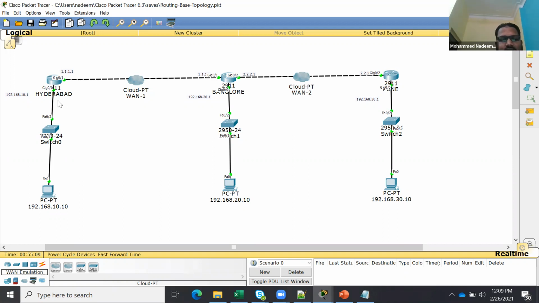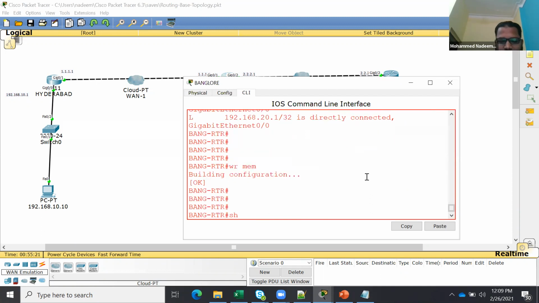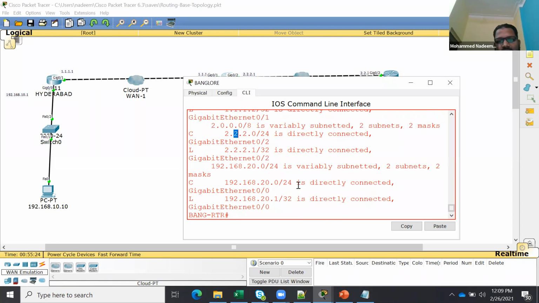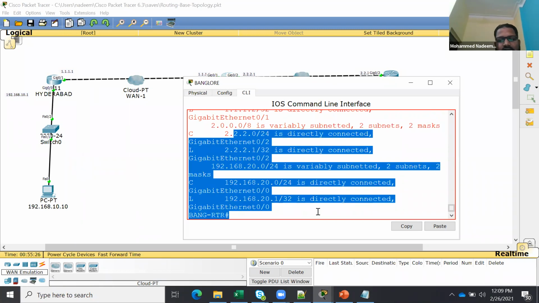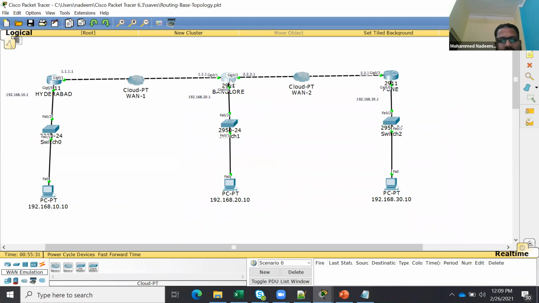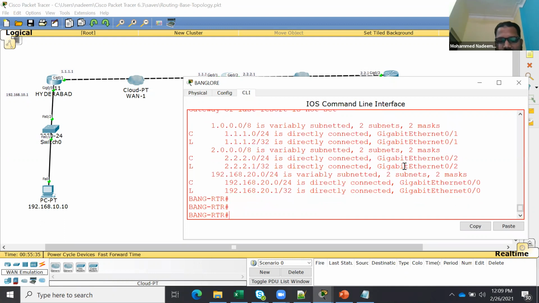So as I told, routing means if anyone wants to reach anyone, the router should have their details. If you go to the Bangalore router and check show IP route, see, his routing table doesn't have the 192.168.10 entry. That's why it's dropping, right? So I go and add it.